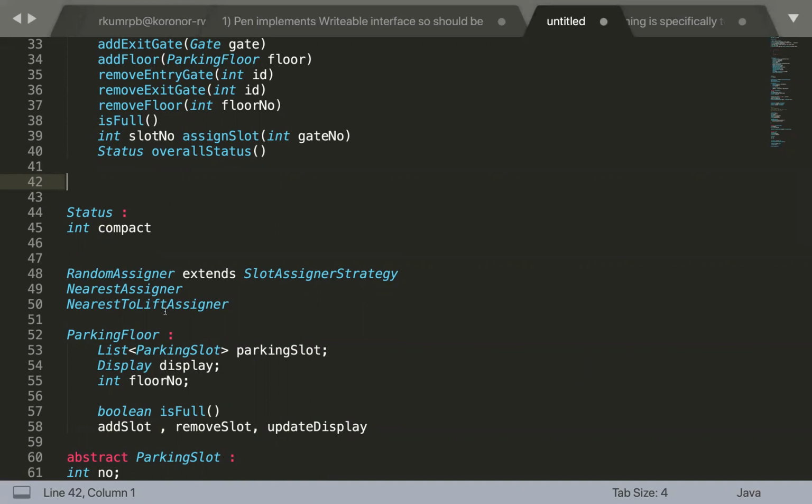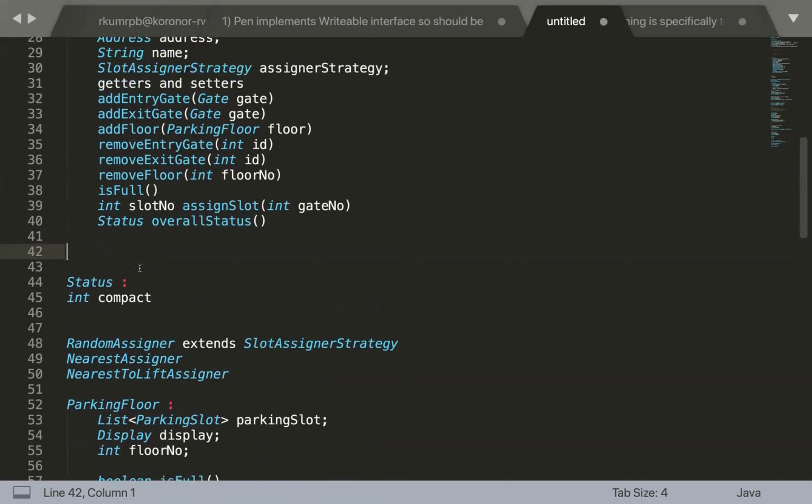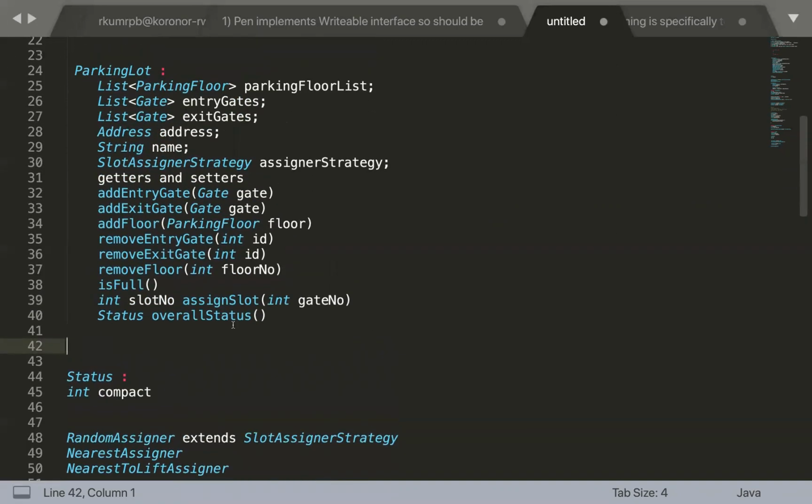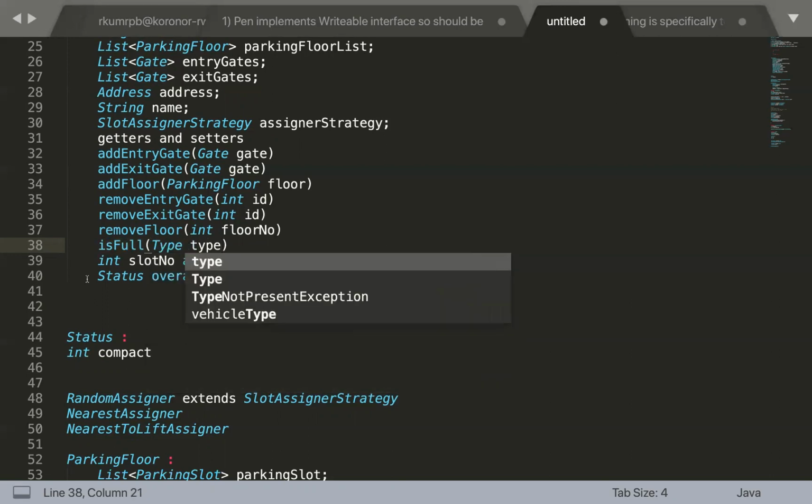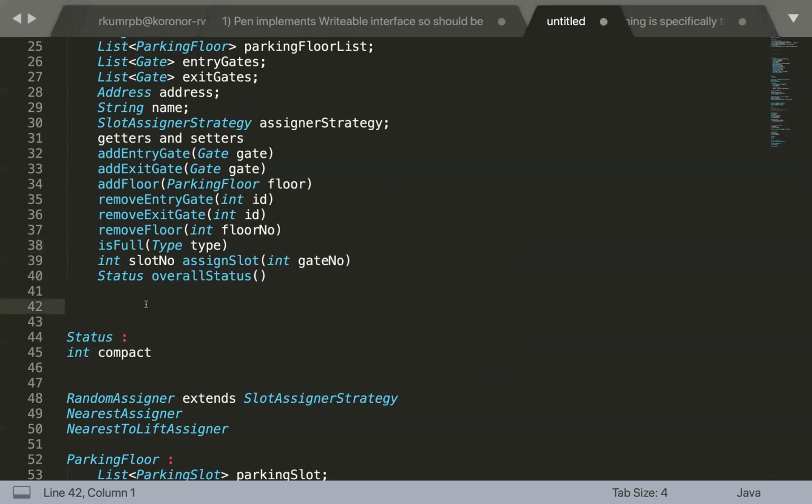Instead, we can have an is full method, which is going to receive some information about the vehicle type as well, because it may be that my 4-wheeler parking is full, but my 2-wheeler parking is still available, right?